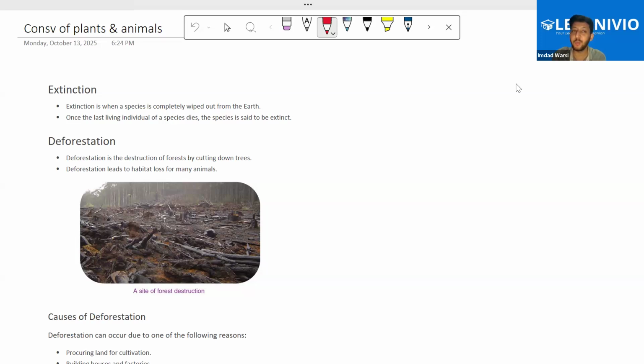Whenever you see a chapter, try to go behind the topic and understand the meaning of this chapter. Conservation. Why are we trying to conserve something? What is the need to conserve something? Just because they're useful. Have you heard of